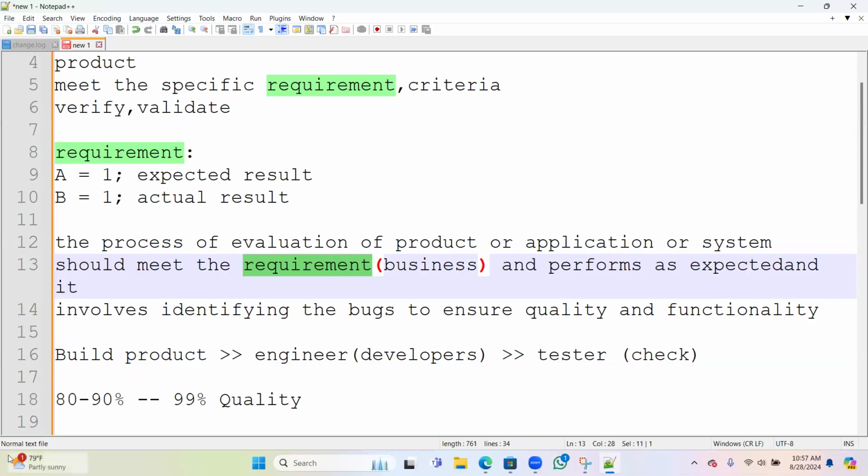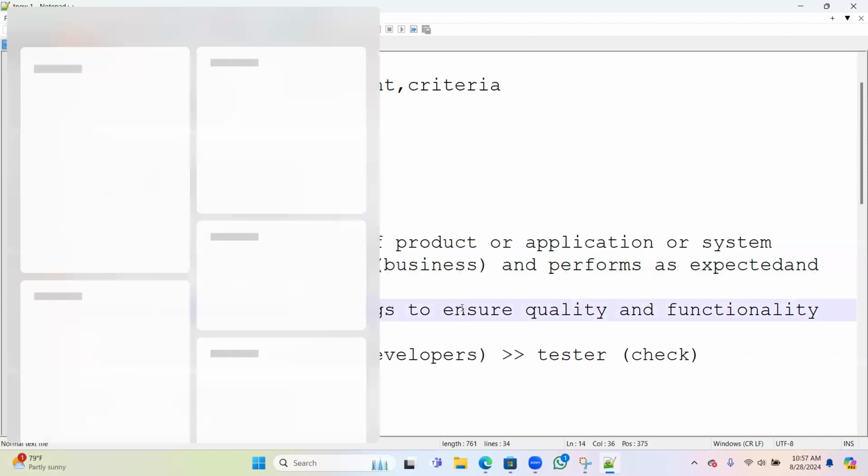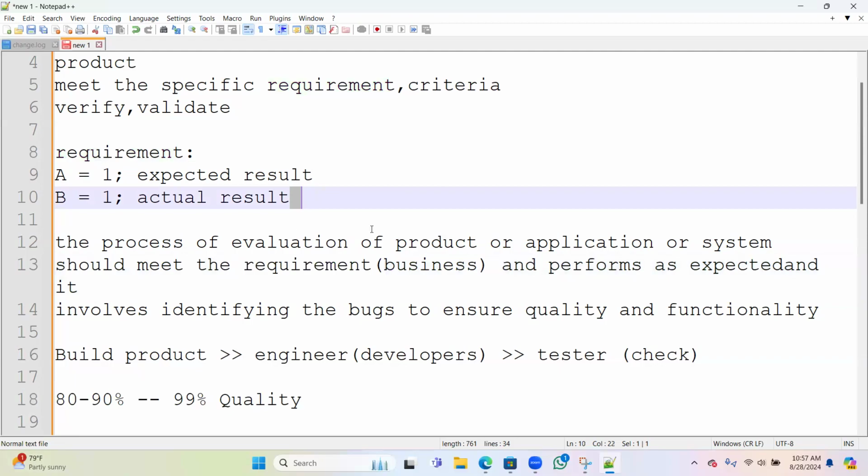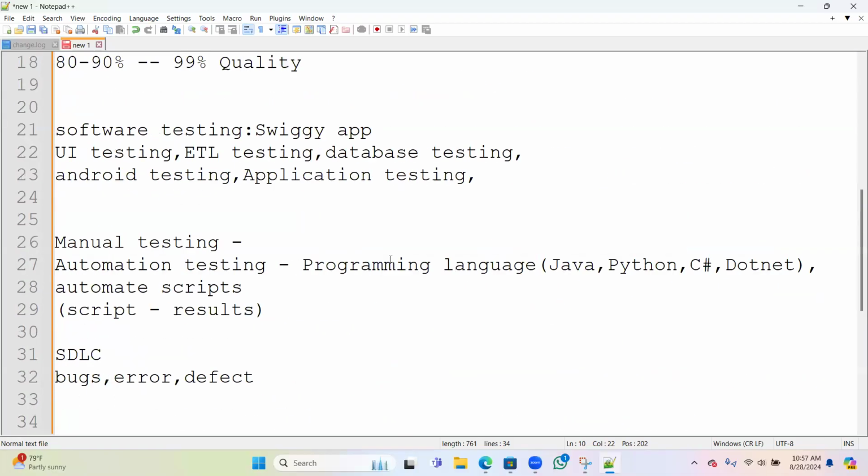I would say software systems play one of the crucial roles in the present world. If you see many industries, they build a product, and if the product is not as good as expected, there are problems. For example, let's take Swiggy.